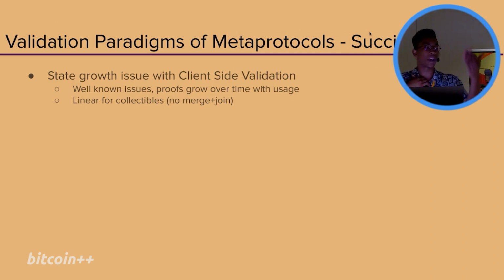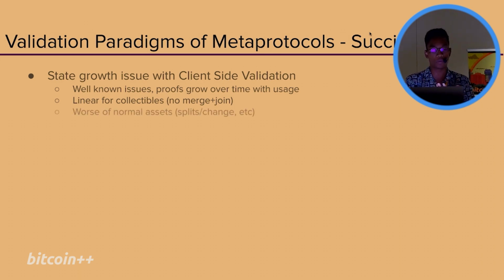Which means every single time you do a transfer, something that's very, very popular, you will potentially have large state, right? So maybe it starts out manageable at a few kilobytes, maybe gigabytes, but once you get to the gigabytes and terabytes, at that point it's impractical, and maybe even at that point your thing isn't as good as another individual's because maybe they have a smaller proof. And once you add normal assets, you can have change and splits and things like that, because then you also have several inputs, and those inputs also have their own proofs as well. You have quite a blow up as things start to progress more and more, right?